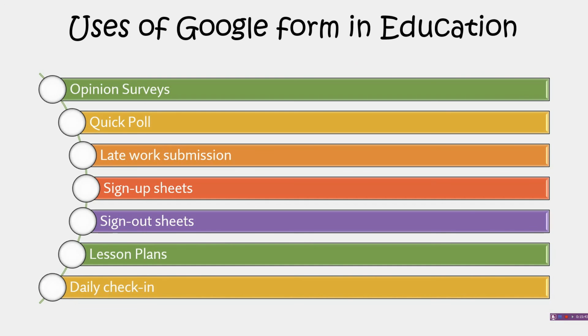Next is daily check-in. We want to connect with our students and know how they are doing every day, but it can be difficult to check in with every student in every one of a class, but it is possible with Google Forms, because whenever you create something, information or some lesson plans, then automatically it gets saved and we can come to know how many students have checked in the details and the info or the lessons of the particular lecture. So this is how Google Forms works, like daily check-in.